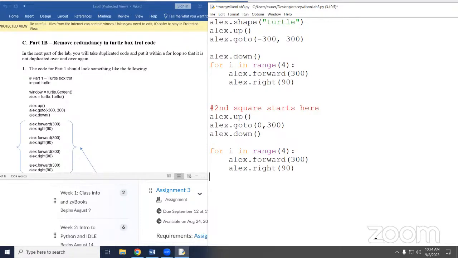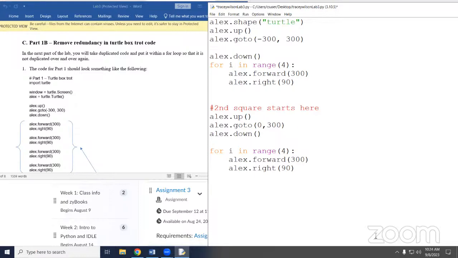Then we want to put a colon, which we haven't been using. So this is going to be a key syntax error for people for a while until we get used to it: for loops have colons at the end. And then we're going to indent the lines we want to belong to the for loop. And we're going to use the tab key to do our indentations, right? Because if you use the space bar and you forget how many times you spaced over, it is a nightmare to figure it out later.